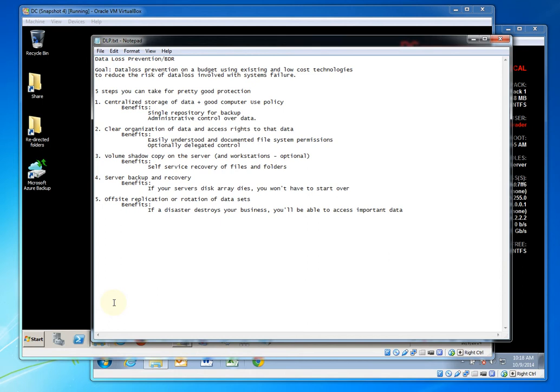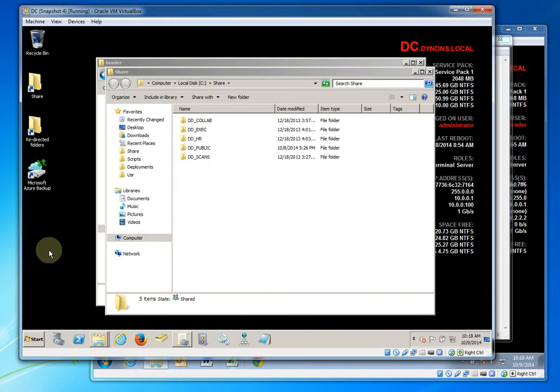Now let's talk about some ways of mitigating the risk once data loss has occurred. Alright, so we're going to talk about volume shadow copy, and volume shadow copy is an existing technology that's been part of Windows for some time, is part of Windows Server operating systems and part of Windows Client operating systems, and I recommend that you implement the volume shadow copy on both. You can implement volume shadow copy on client operating systems using group policies if you want to enforce that, but